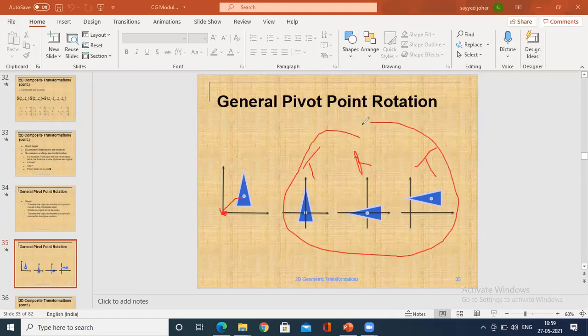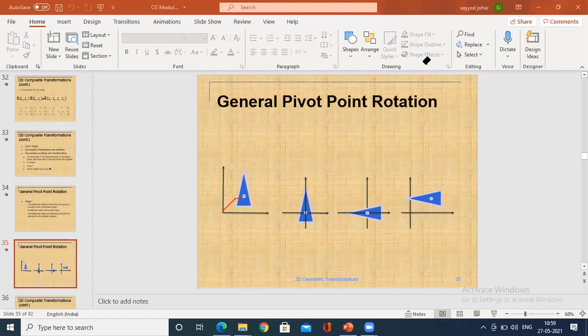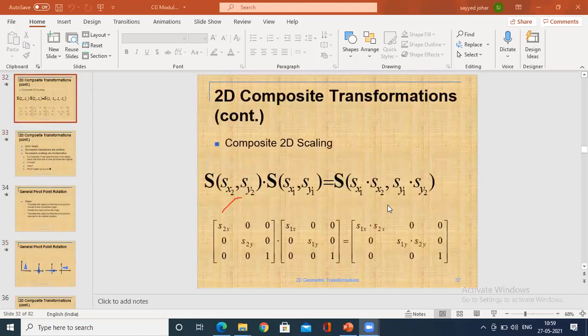So there are many transformations in order to perform this operation. Ultimately the concept is to rotate. I would have rotated at this axis only, but the rotation cannot be done directly as per the concepts of OpenGL and transformation matrix. First you need to bring the primitive or the object to the origin, then rotate it, and then translate it. So there is a mix of translation factors and rotational factors. Hence we can represent this using the homogeneous coordinate systems.